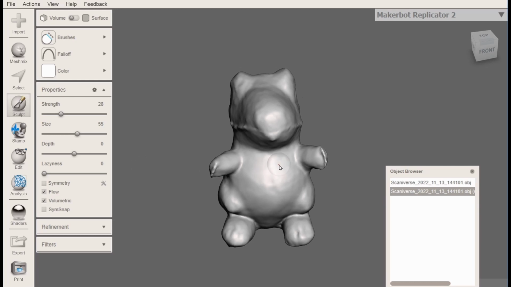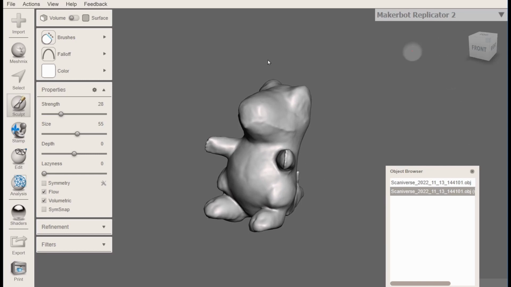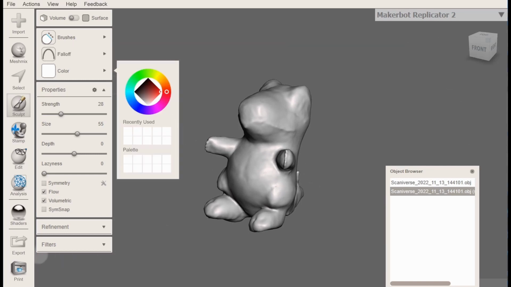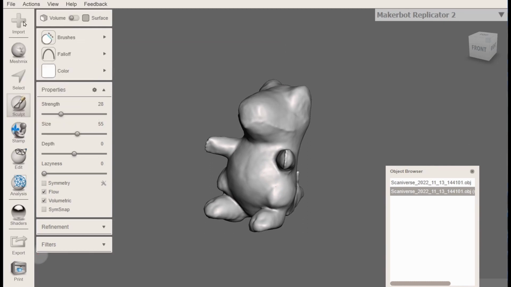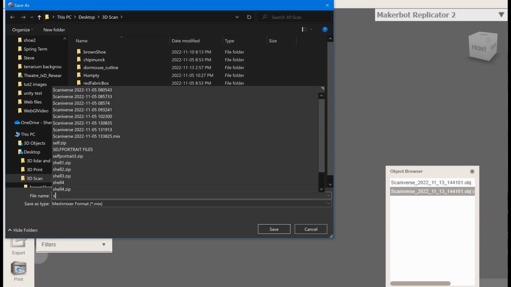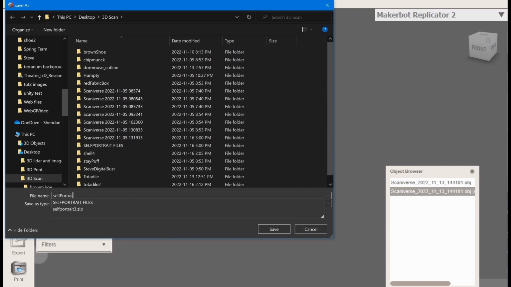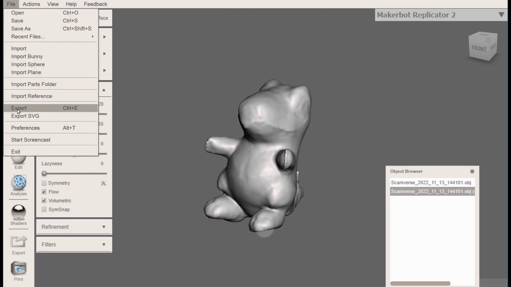I can decide at this stage if I want to, and I would, I'm going to export this object. And at any point here, you should save your Meshmixer file. So I'm going to keep working with the self-portrait. In fact, I'm just going to call it self-portrait 2 in Meshmixer, but I want to export the